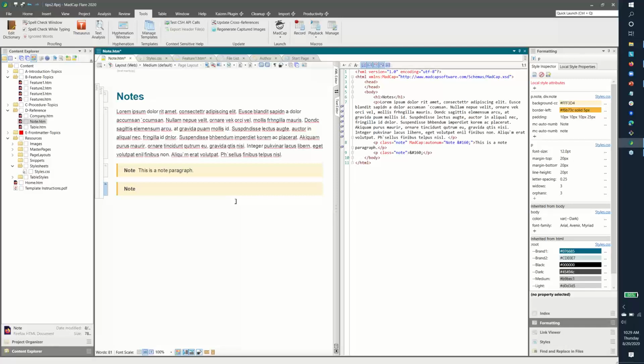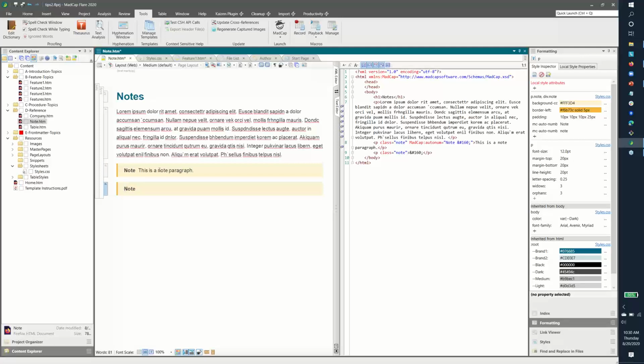Now I'm going to come back and talk about this in just a minute, because sometimes you do want 2 paragraphs within a note, right? And people wonder, how do I do that when this is the construct I get when I try to put another paragraph within a note? Well, most likely,